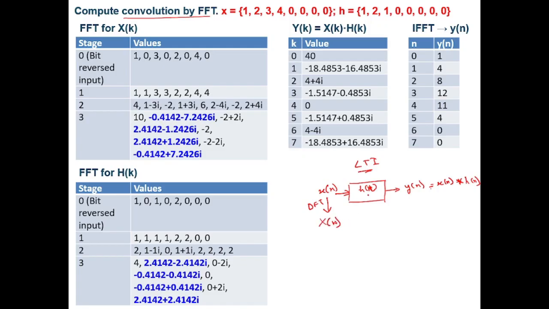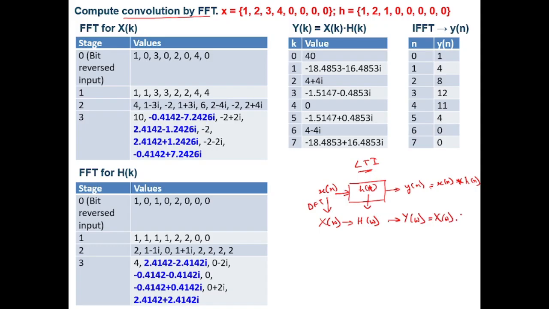Similarly, if I perform DFT for h(n), I will get capital H(omega). Okay, so this input goes into the capital H(omega). From here I will get Y(omega), okay, which will be equal to